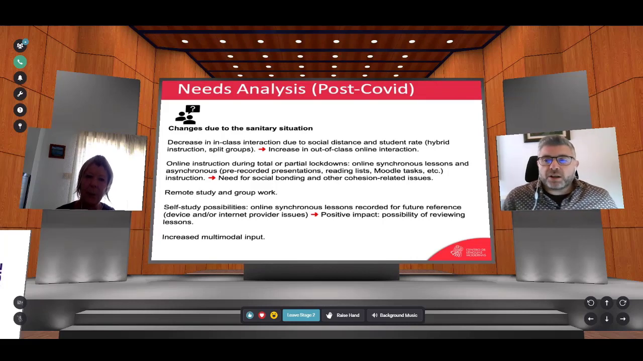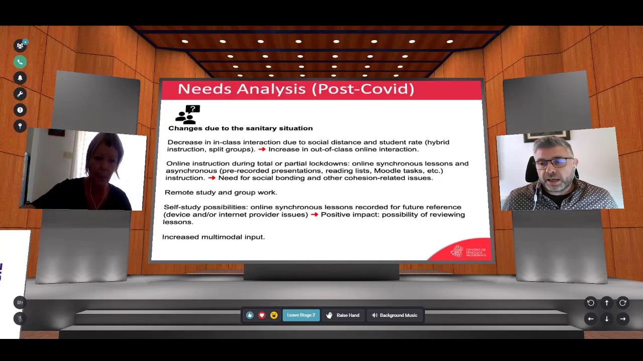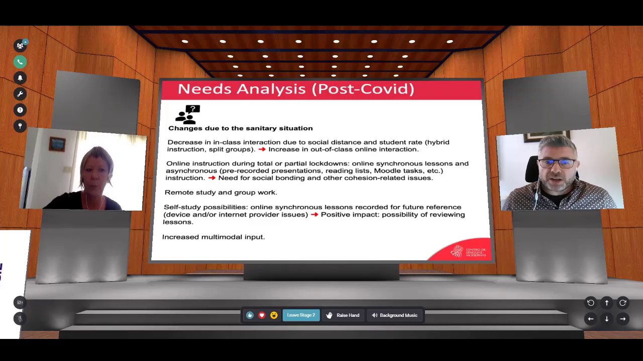We wanted to develop new spoken tasks, and our test takers being mainly university students, as Caroline mentioned before, we paid close attention to how the situation at the University of Granada has changed due to COVID. And we saw many changes. Obviously, there's been an increase in online interaction among the students, an increase in hybrid instruction, remote learning, synchronous teaching,